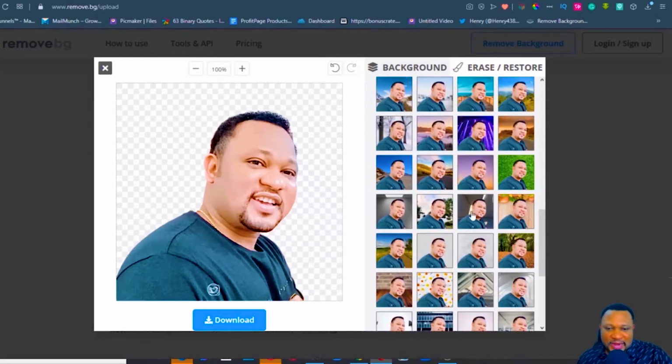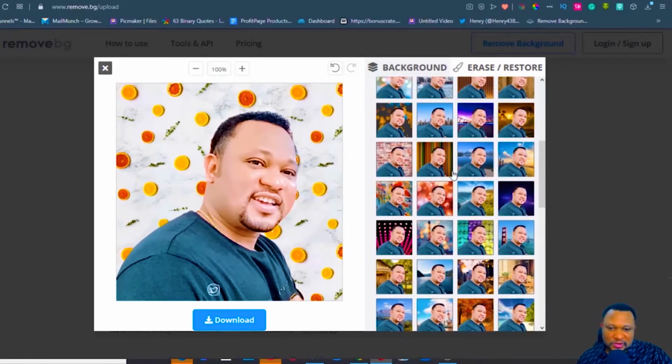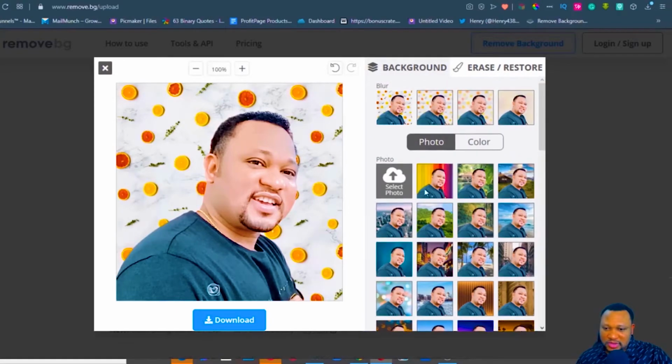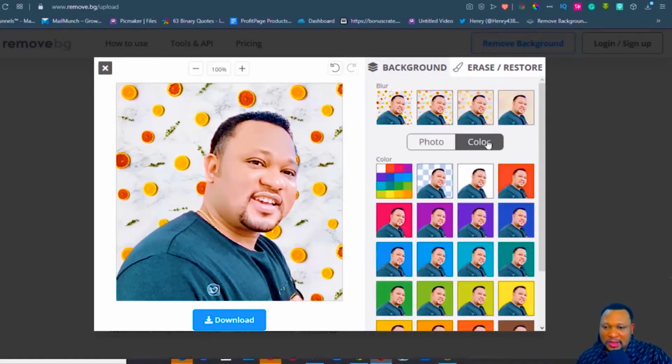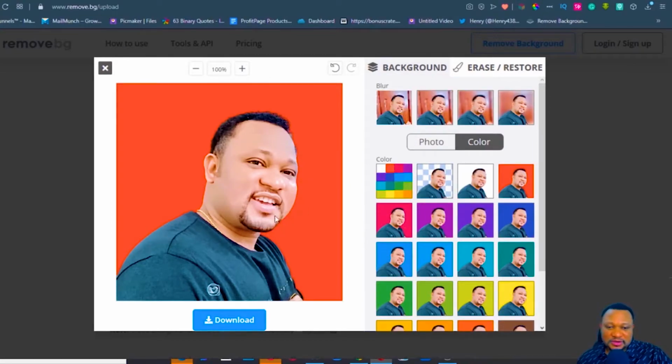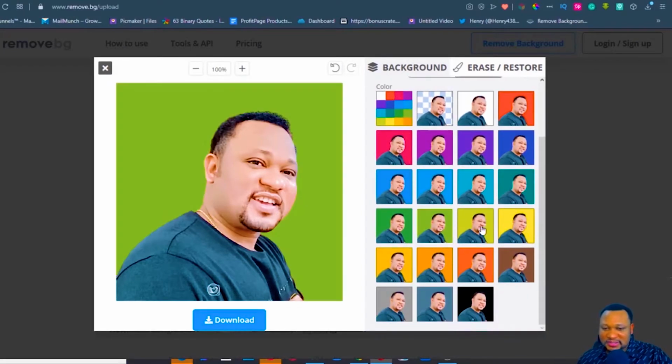And if I decide I don't want to use a picture as the background, I want to use a color as background. I can change to red. I can use this. The image is changed. The background is now turned to red. I can also change to any color. This, and